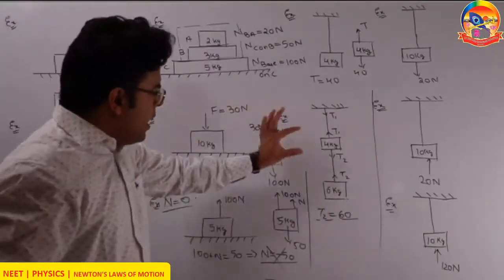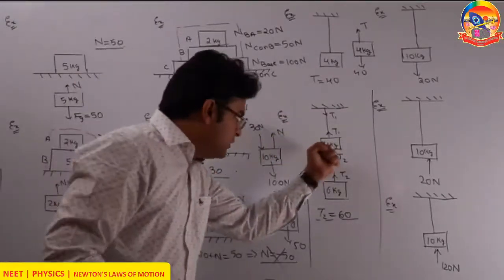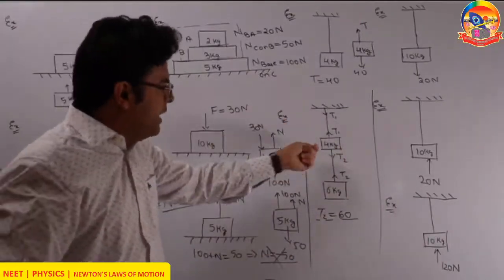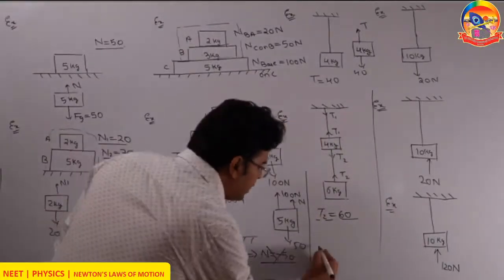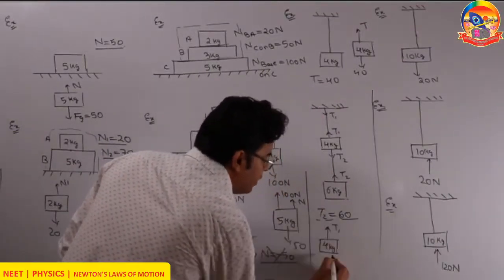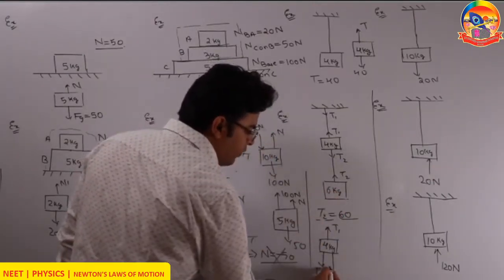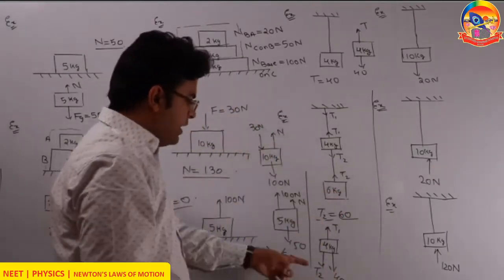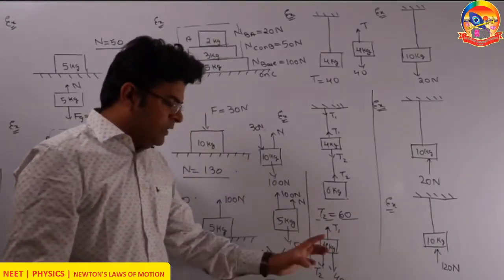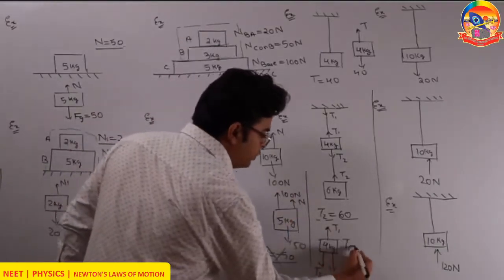Second, if we think of the 4 kg block, 3 forces are acting on it. The lower string pulls it down with T2. The upper string pulls it up with T1, and there is a force of gravity, 40. Under the influence of these 3 forces, an upward force T1, a downward force T2, which we have already found is 60, and a downward force of gravity, that is 40. So T1 has to be equal to T2 plus 40, and T2 itself is 60. So you get that T1 equals 100.